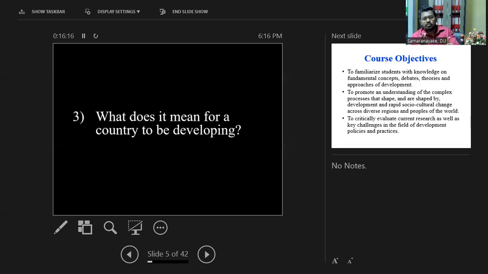We cannot put them all into a particular package or a particular model, because there are a lot of differences and dynamics in different countries. So we should go for thorough, focused analysis of different countries when we try to understand what developing means for a particular country. In the Sri Lankan context, or in general the Sri Lankan model of development, we should have a specific focus as well. We cannot just say the Chinese development would work exactly for Sri Lanka. No, we will not say that, right? But we can learn things.